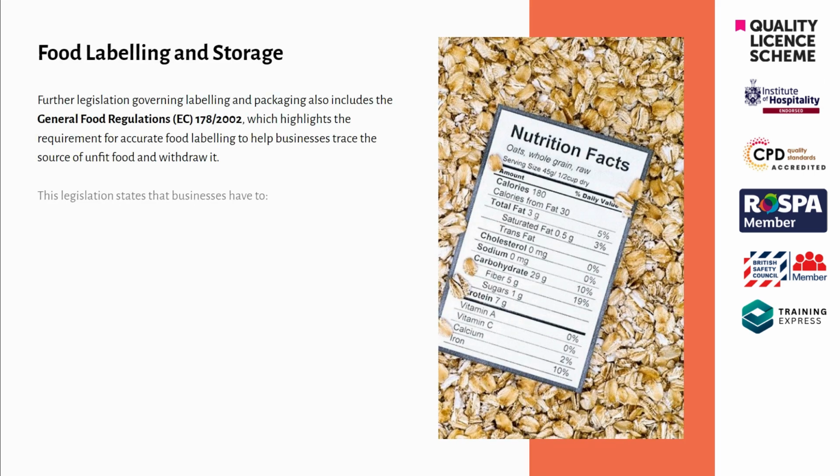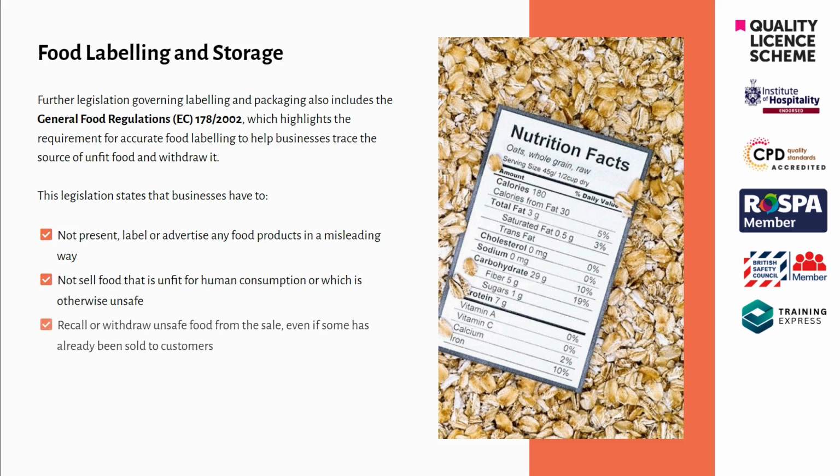Further legislation governing labeling and packaging also includes the General Food Regulations, EC 178/2002, which highlights the requirement for accurate food labeling to help businesses trace the source of unfit food and withdraw it. This legislation states that businesses have to not present, label, or advertise any food products in a misleading way, not sell food that is unfit for human